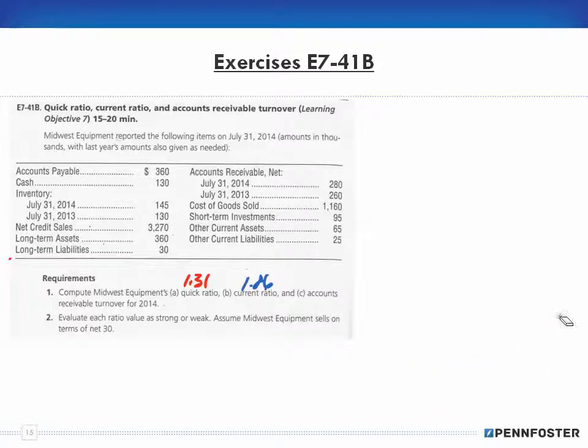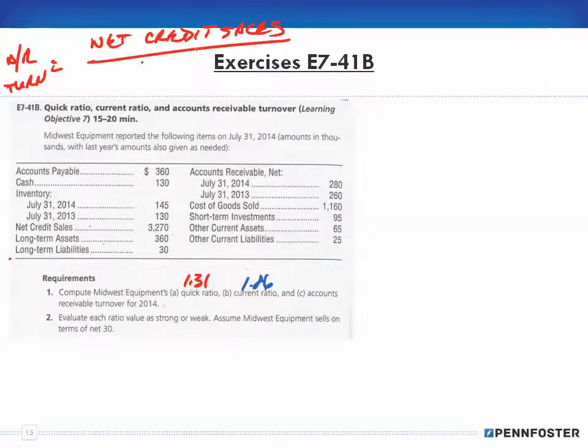Now for our accounts receivable turnover, remember the accounts receivable turnover was our net credit sales over our average net accounts receivable. Okay, so if you watched the theory videos, I went into great detail about what